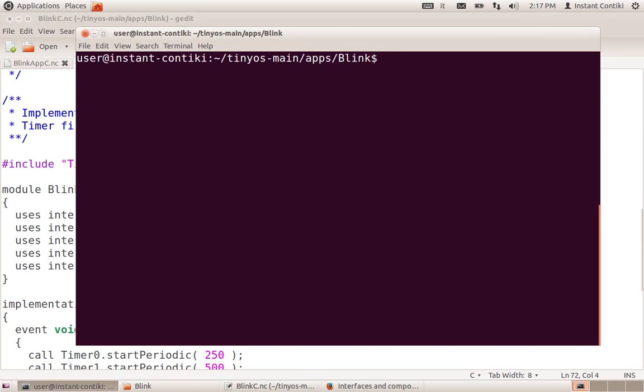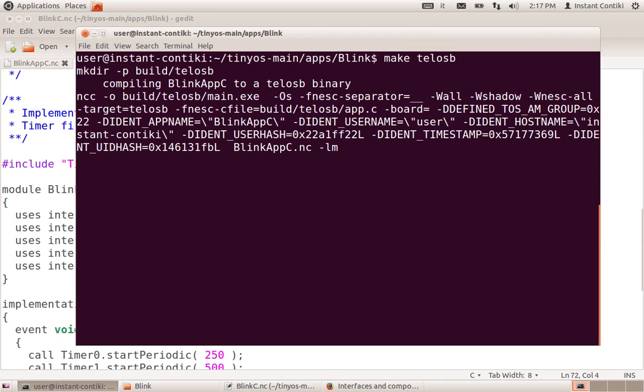In order to compile the application, you can use the word make, and then you have to specify for which target platform you want to compile your application. So for example, this particular hardware here is the Telos B platform. If I would like to port this application on this hardware, I have to write make Telos B. So you can try to run it, make Telos B,